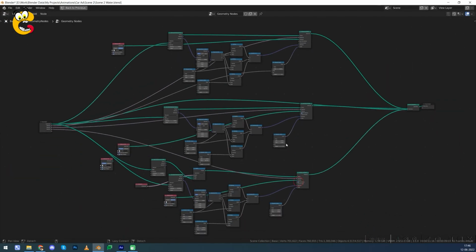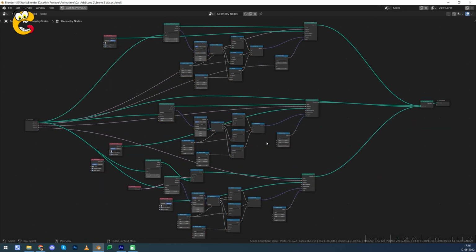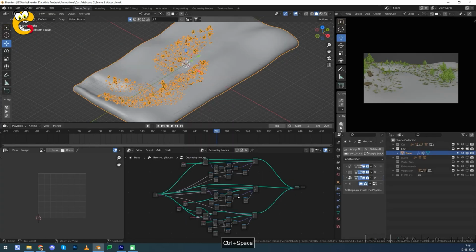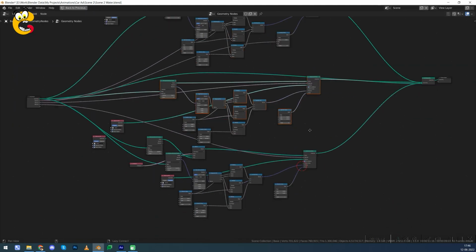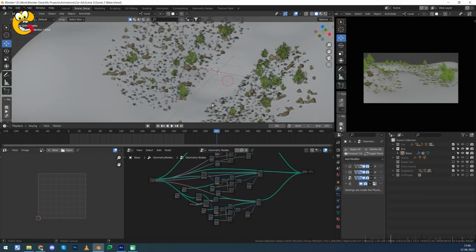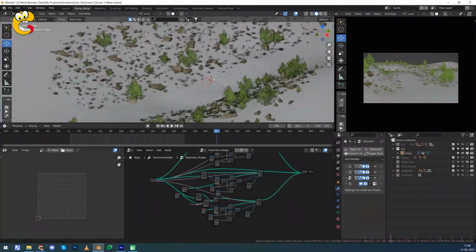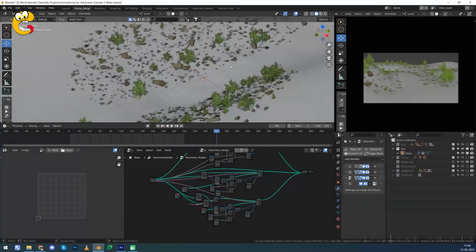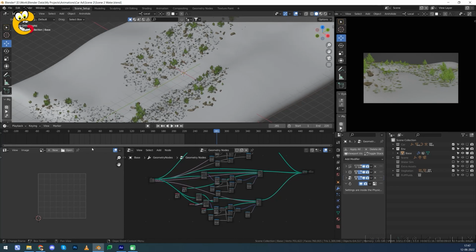So this is the basic setup, as I created in my desert scene. Everything is the same here. This upper one is for grass, then this is for stone, and this is also for stones. So you can see how this is looking now. Very simple, and I only place the grass where the camera is looking,